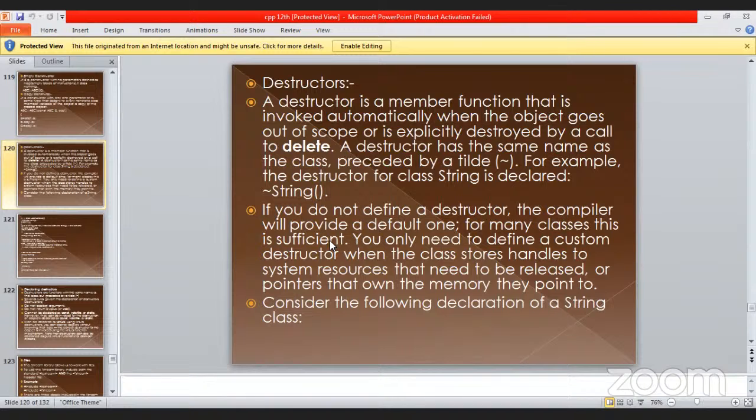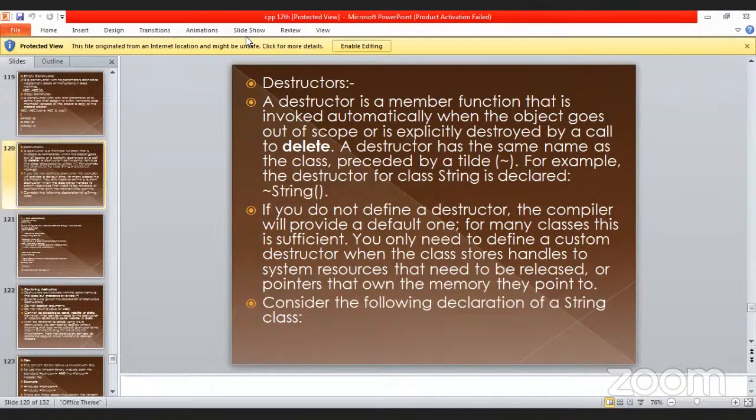If you do not define a destructor, the compiler will provide a default one. For many classes this is sufficient. You only need to define a custom destructor when the class